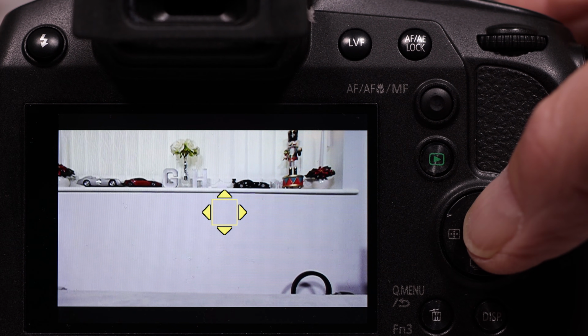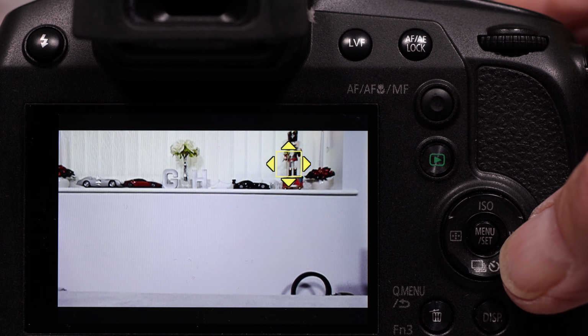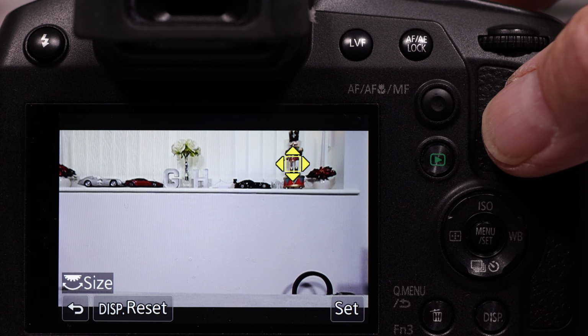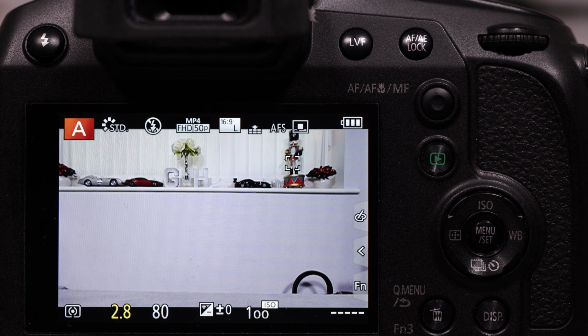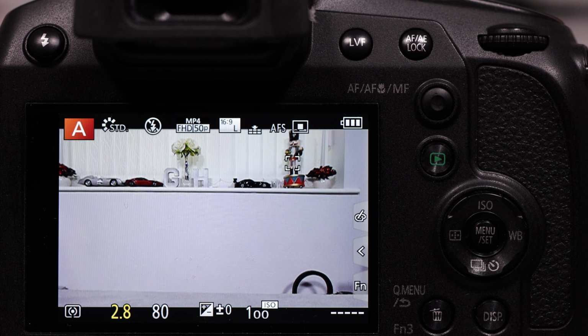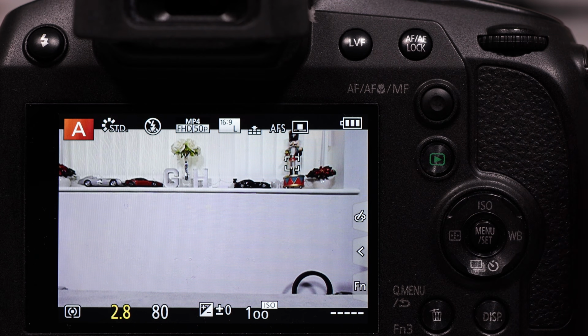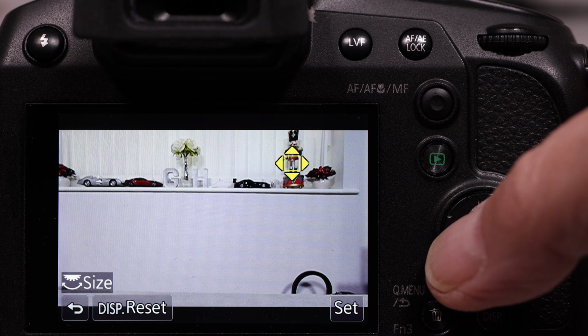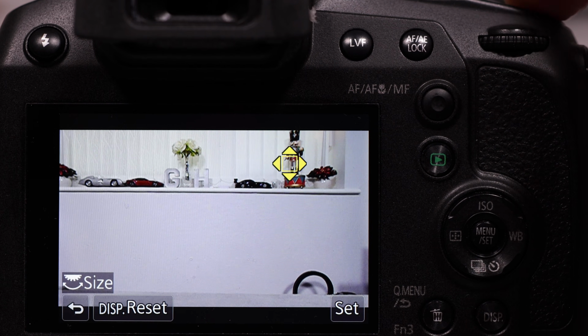So if I wanted to take a picture of the little nutcracker there, I can now change the position of the focus by using the cursor dials. I can change the size by using the back control dial, so I can make it small, and then that will be the area the camera focuses on. So that is a useful feature to enable you to use the direct focus method by using the function 2 button rather than having to use the secondary operation of going through the AF mode select, then the area select, and then changing the position. So you can do that in one button press by using function button 2.